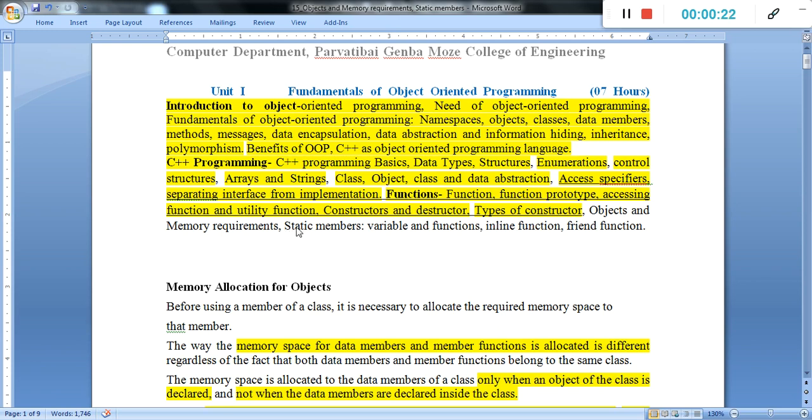And the next topic, the second topic, that one is the static members with a variable and a function. That one is a static variable or the static function. In this lecture we will only cover the static member as a variable with the object itself. We define a static object, and then we will understand what will be the output or the behavior of a program. That means simply the process.